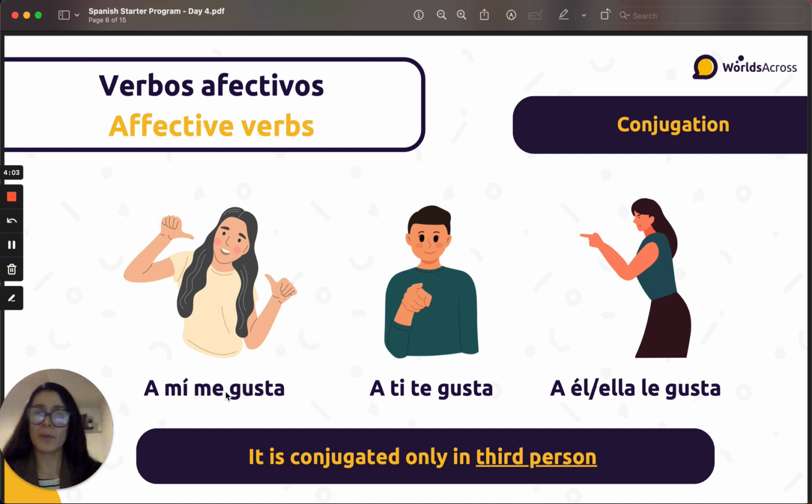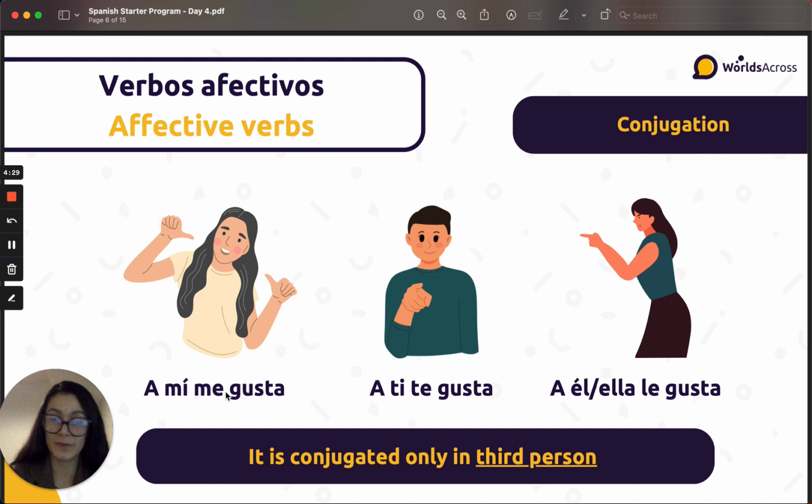As I was saying before, we're not going to see all the subjects. Don't worry. We're going to focus on 3: I, you, and he or she. Okay? So, a mí me gusta, I like. A ti te gusta, you like. And a él le gusta, he likes, or a ella le gusta, she likes. Okay? And you can see here the conjugation is exactly the same. Gusta, gusta, and gusta.